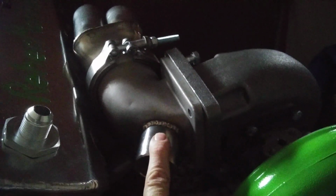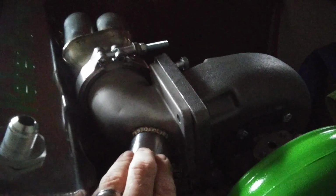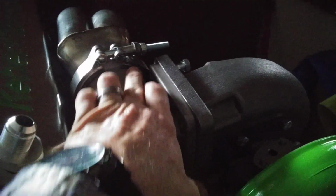That way you can see what these CX Racing elbows look like. I got these for $131 a piece off eBay, directly from CX Racing. They're like $151 or $152 on Amazon, but they have them off and on. They're welded inside and out. They're cast stainless, got stainless tubes, already got the beveled edge. It comes with the V-band clamp, and it comes with another ring, but I don't need it because mine's already on the headers,